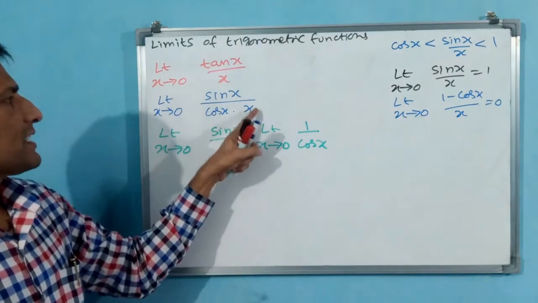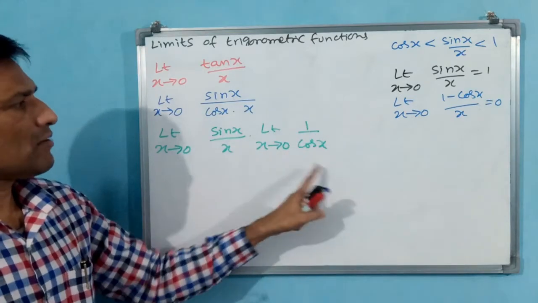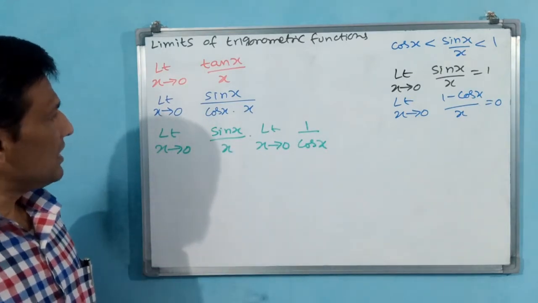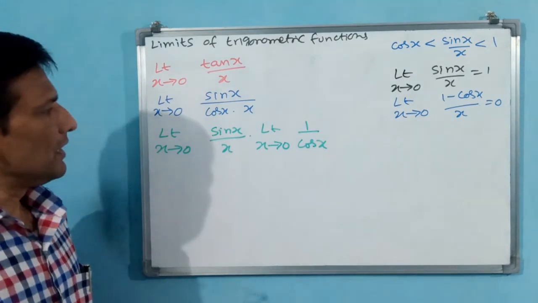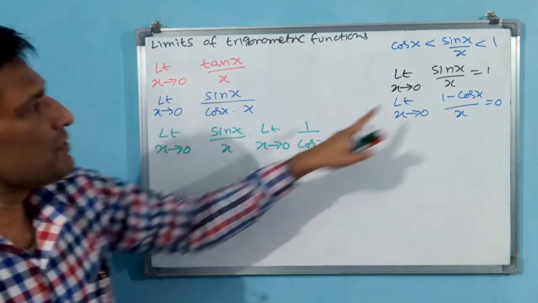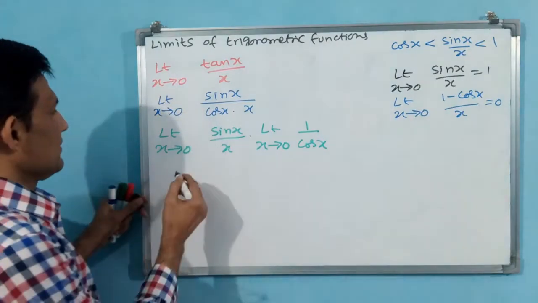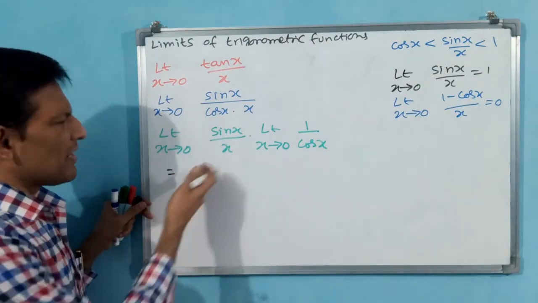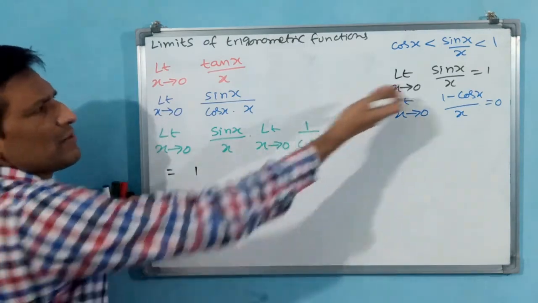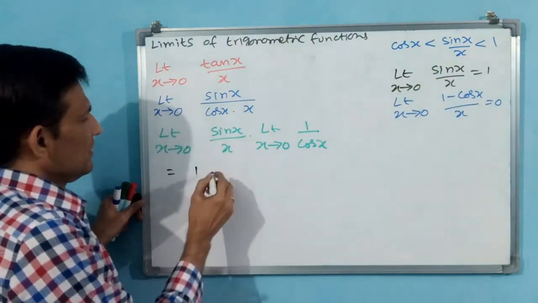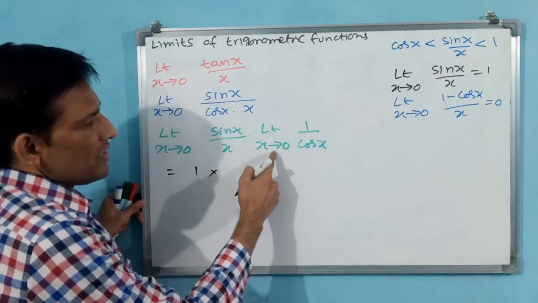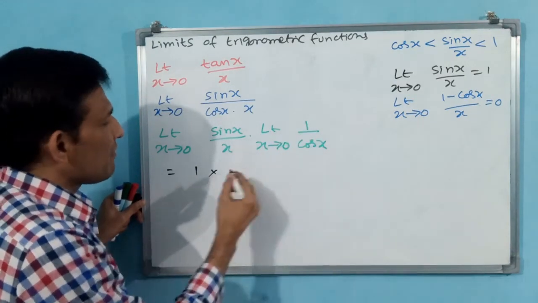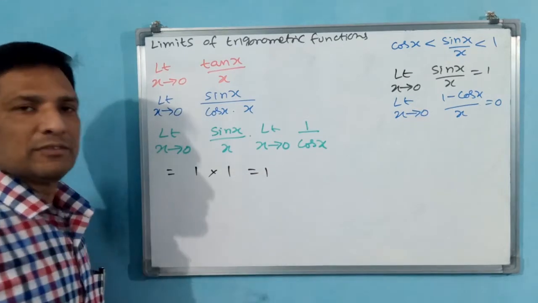Definitely okay. Why? Because sin x by x I have taken, and 1 by cos x I have written separately. Both are having limits only. Now you see, limit sin x by x means what? 1. Write down 1. That is equal to 1 into, now you see, if x tends to 0, cos 0 tends to 1. 1 by 1 means again 1. That is equal to 1. You understand now?